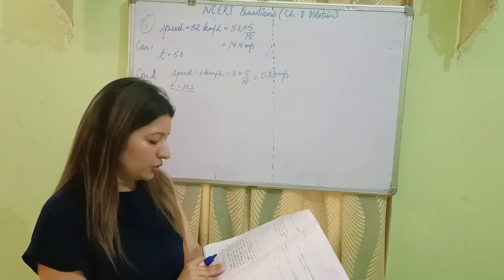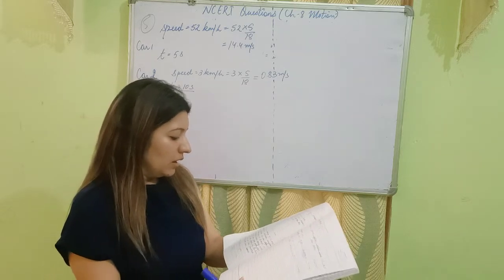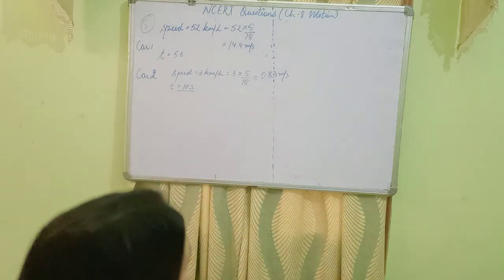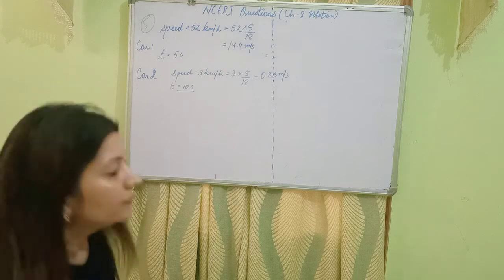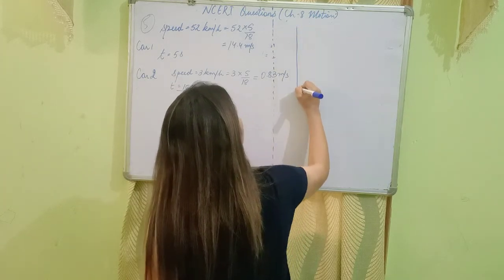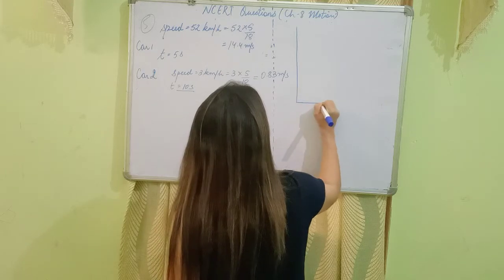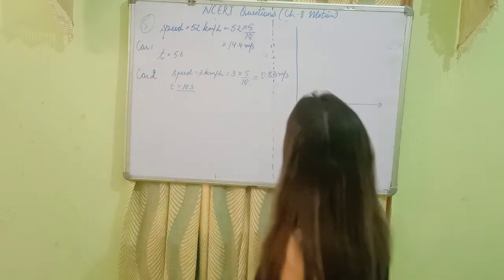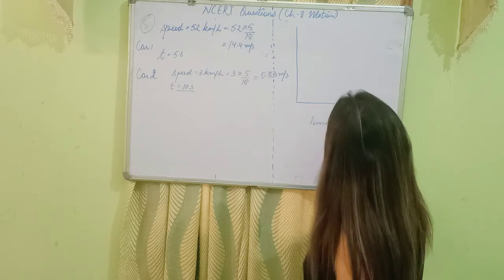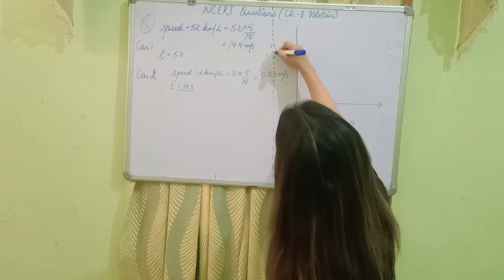Now what you need to do is, on the same graph paper, plot the speed versus time graph for the two cars. Which of the two cars travelled farther after the brakes were applied? Now you need to plot a graph. I'll plot a graph here for both these two cars. We'll take time on x-axis, since it is an independent quantity, and speed on y-axis.